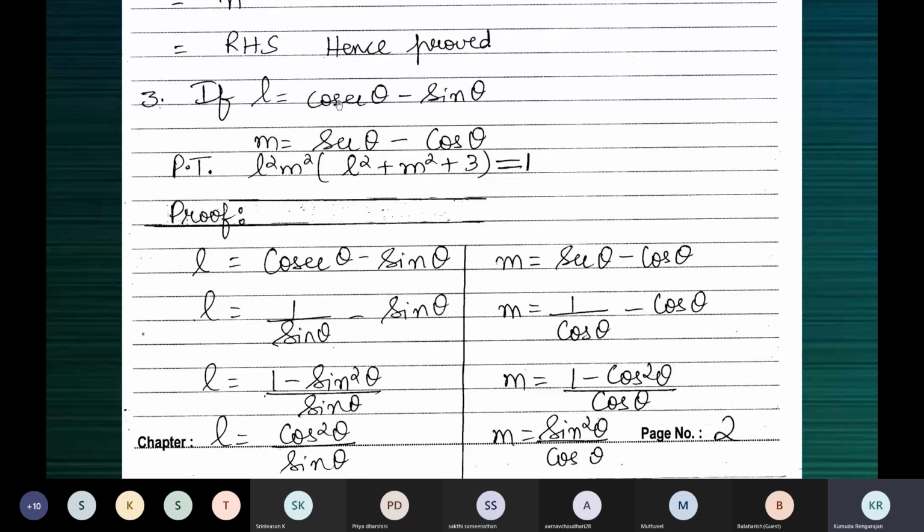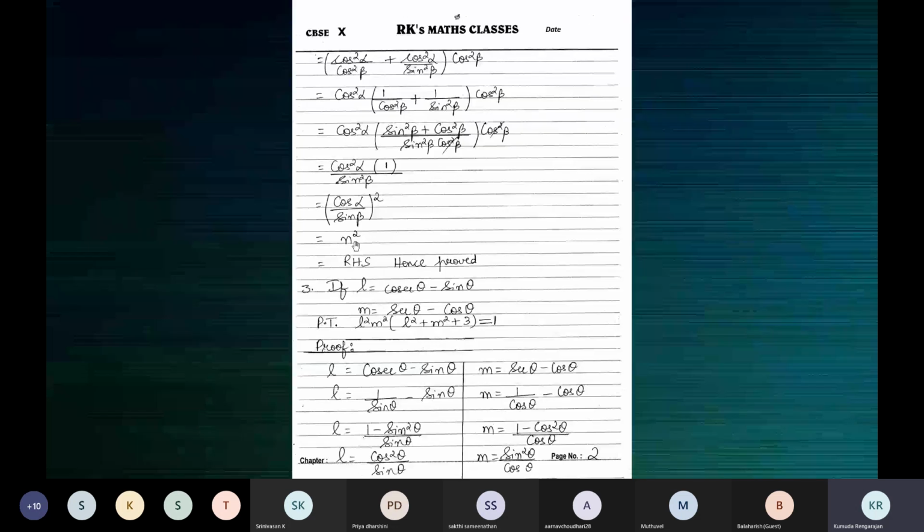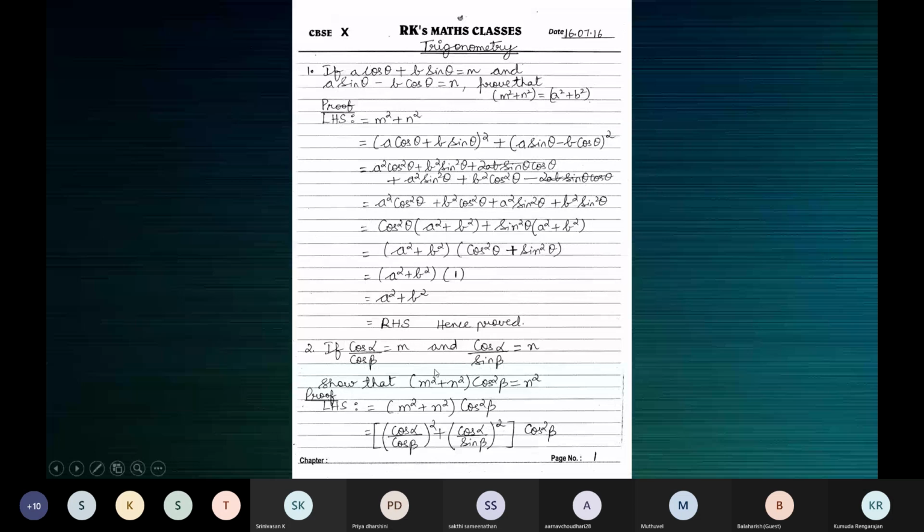Now here L is given by, let me show you that. See here, cos and sine, sine and cos. So we did not modify the expressions given. We just substituted as they were, like when we had to substitute for m and n. We thought they're already sine and cos there. If it is tan or cot or secant, you can maybe write it as sine by cos or cos by sine. But these are already in sine and cos, so we just substituted for m and n whatever expression was given.